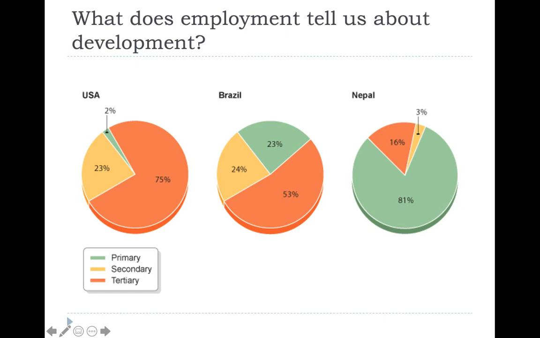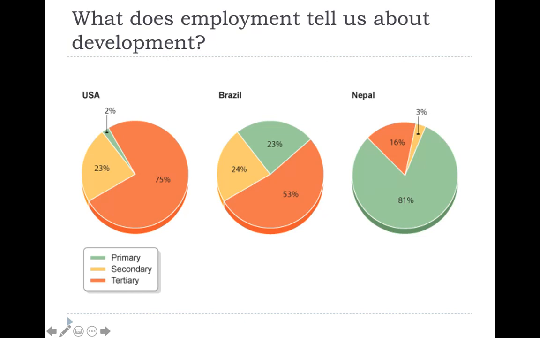And in third world countries, the majority of people are primary sector employees, meaning that they are working to obtain something from the earth's surface. The majority of them are going to be farmers. You have a very small percentage of people that work in the secondary sector. That's your processing and manufacturing. And then you have roughly 20% of people that work in your tertiary sector or your service industry jobs, your face-to-face stuff.